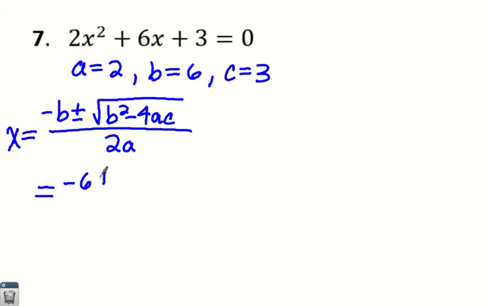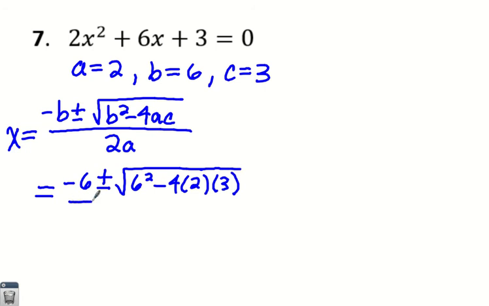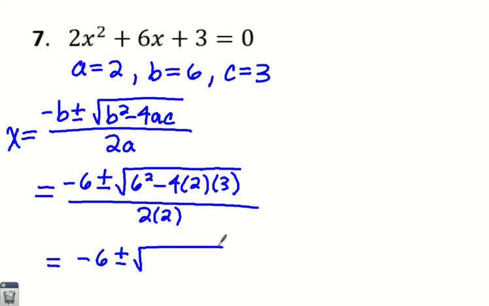-6 plus or minus the square root of 6 squared minus 4 times 2 times 3. 2 times A was 2. So 36, and then 4 times 2. So this is like -4 times 2, which is like -8 times 3 is